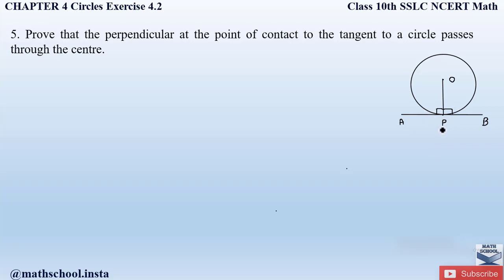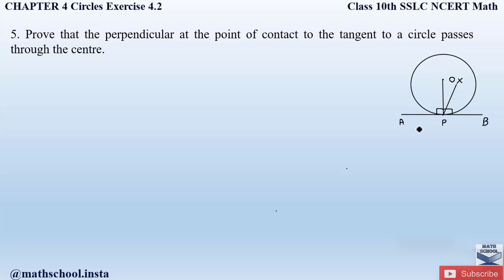So how do we prove that here? We can prove that this line passes through the center by using the contradiction method. Here we will do a small construction and consider another line drawn from this point of contact into the circle. This line can be anywhere inside the circle, but it should not be on the center point. We take a line from the point of contact to any point inside the circle, and we will name this line XP. By using this line XP, we will prove this statement.